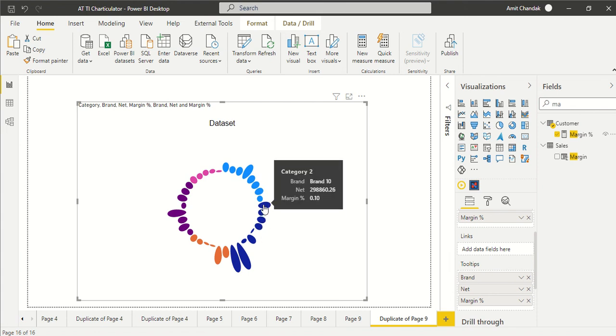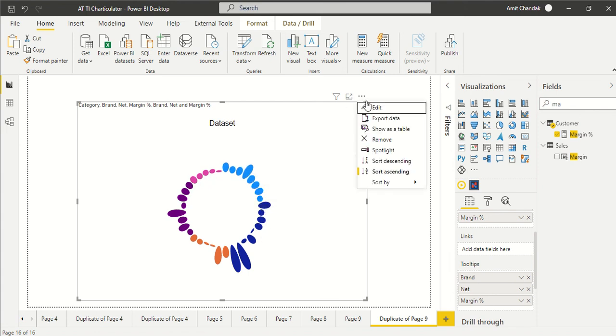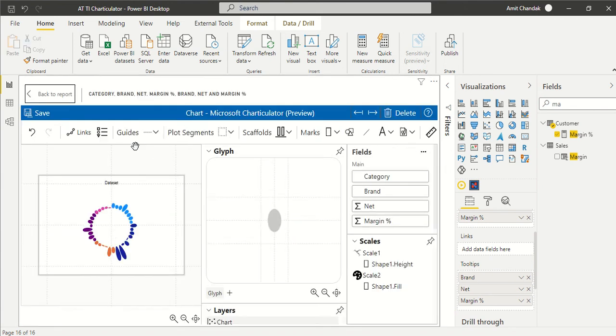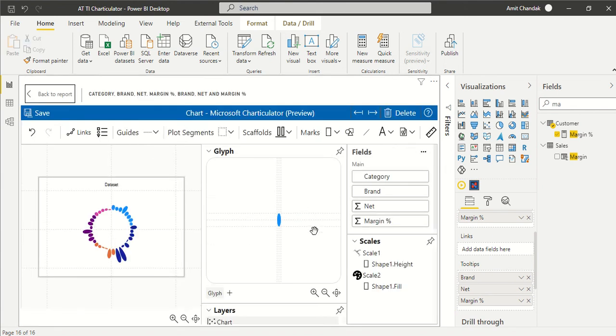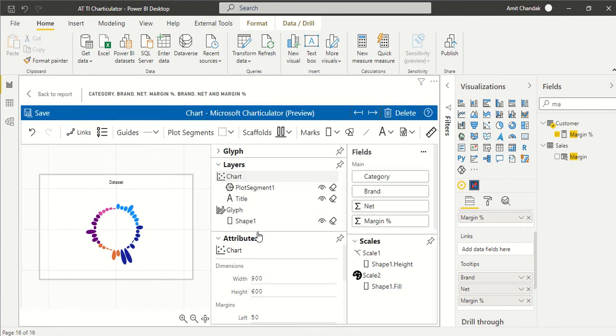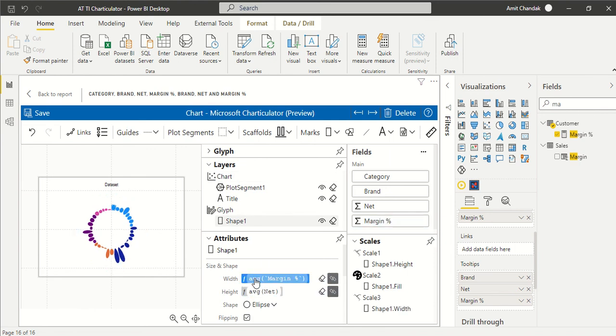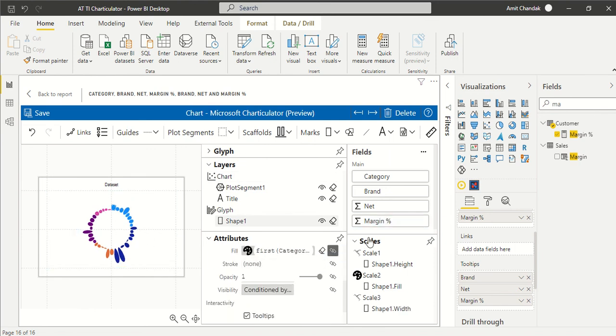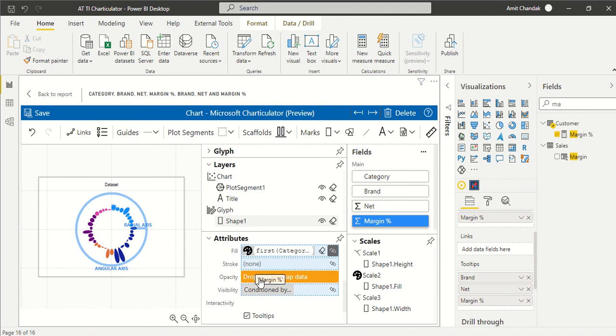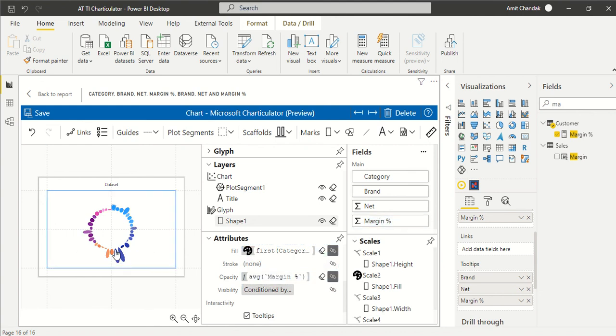So margin is pretty much in the similar range, but what I was thinking is if I can use margin to either change the width or something. So let's go ahead and close this item, and let's go back to the shape, and let's see if I drag margin to the width. So you will see a little bit of difference which has happened. And then we have this, can we have this? Okay, so you see now some color.